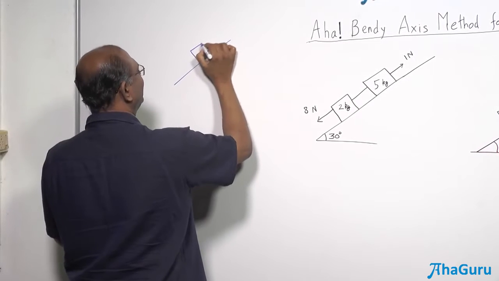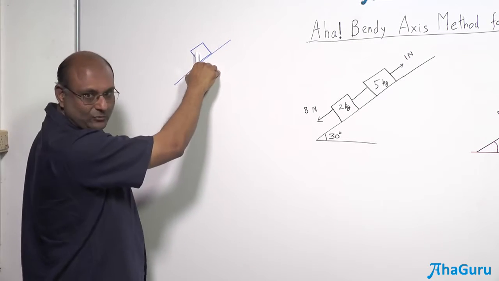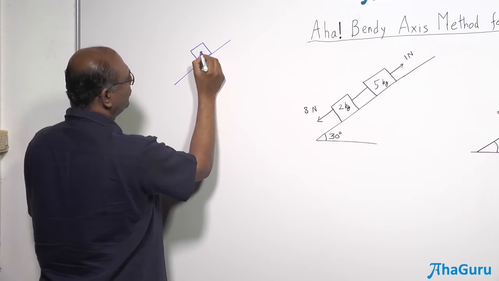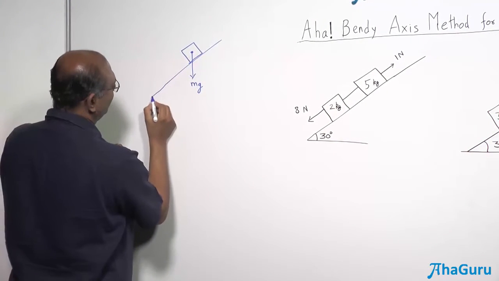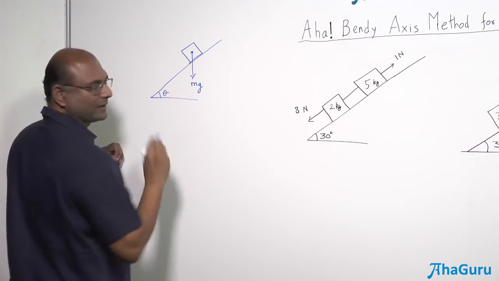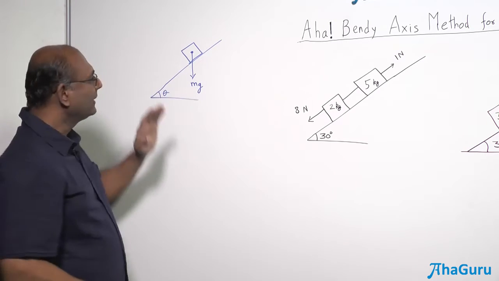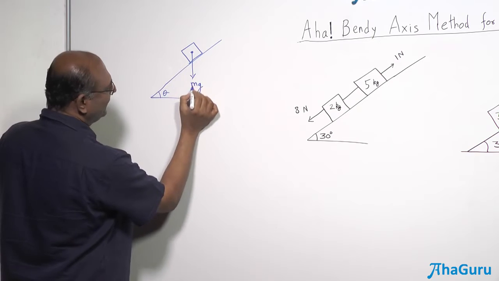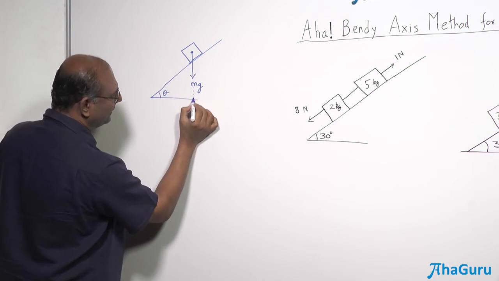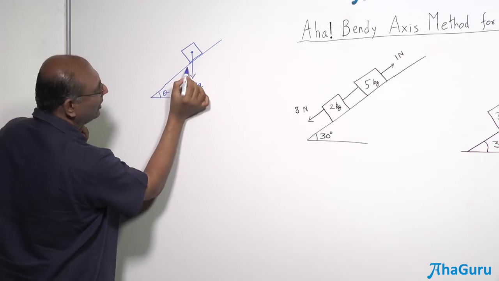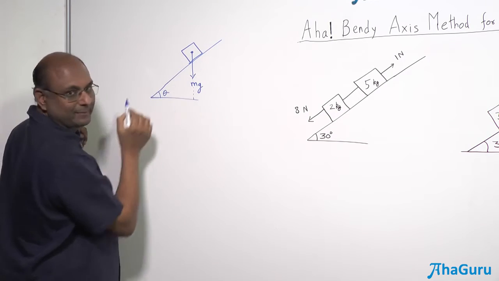Suppose I had a block like that. Now you know that mg is going to act down. So if I call this force mg, and let's say this angle was theta, usually what do you do? You resolve this force like this and like that. Let us look at the angles. If I try to think of a right angle triangle here, can you just complete it? You can see that there's a right angle triangle. How much will this angle be? Well, if this is theta, this must be 90 minus theta.